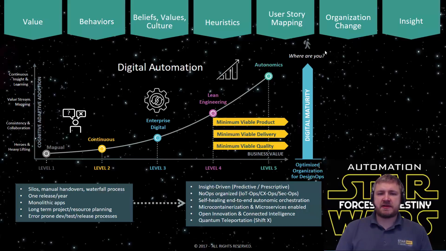Then at the level that we're at the moment, where we're talking about DevOps and digital engineering, and then we're moving into more lean engineering, talking about minimum viable product, delivery, quality, and then getting to the point where the automation is writing itself and it's deploying by itself, so it's fully autonomous.